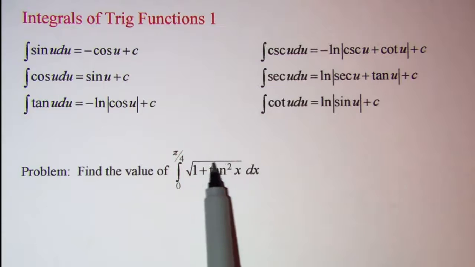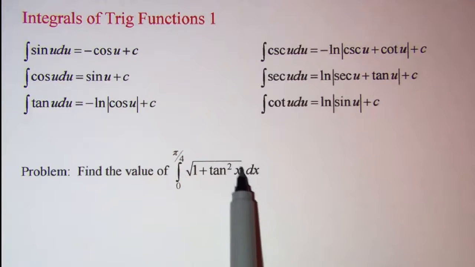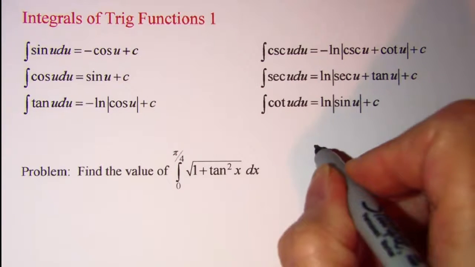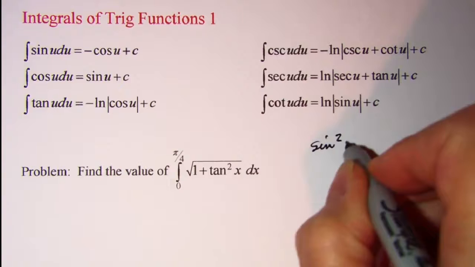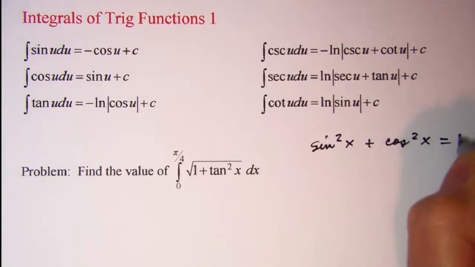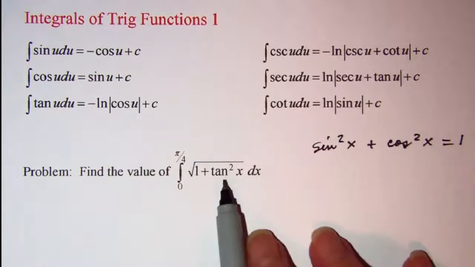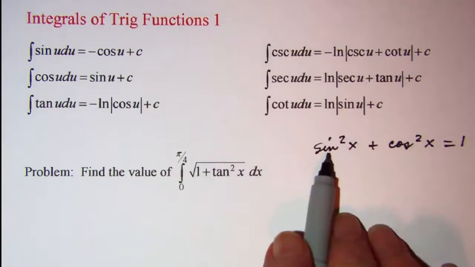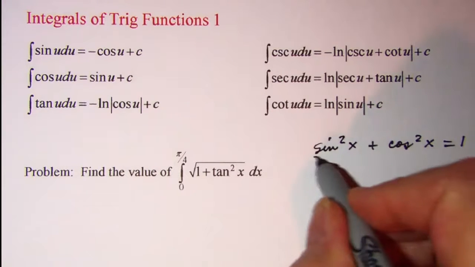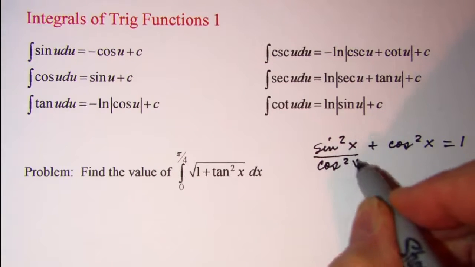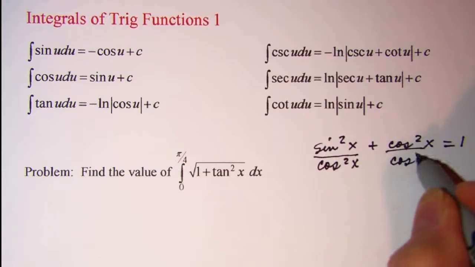So I recognize this as a Pythagorean identity. I know that sine squared x plus cosine squared x is equal to 1. And to get an identity with tangent in it, I need to take this term and divide by cosine squared. So I'll do that to all the terms, so I'm not changing my equation. So dividing by cosine squared on all of my terms,